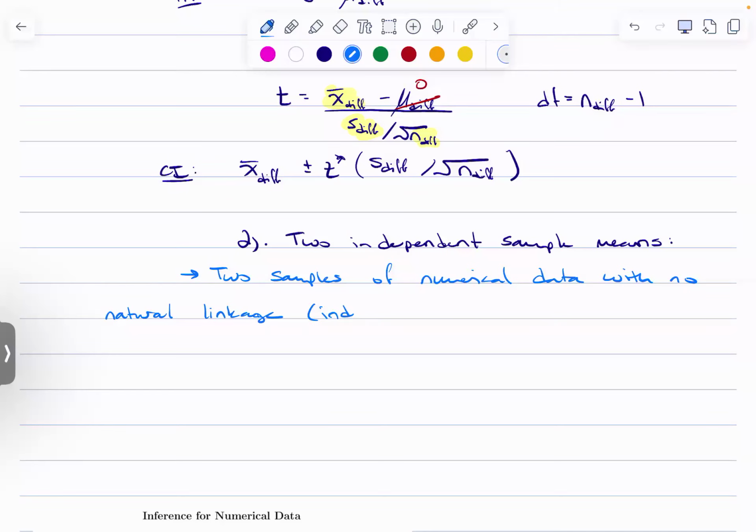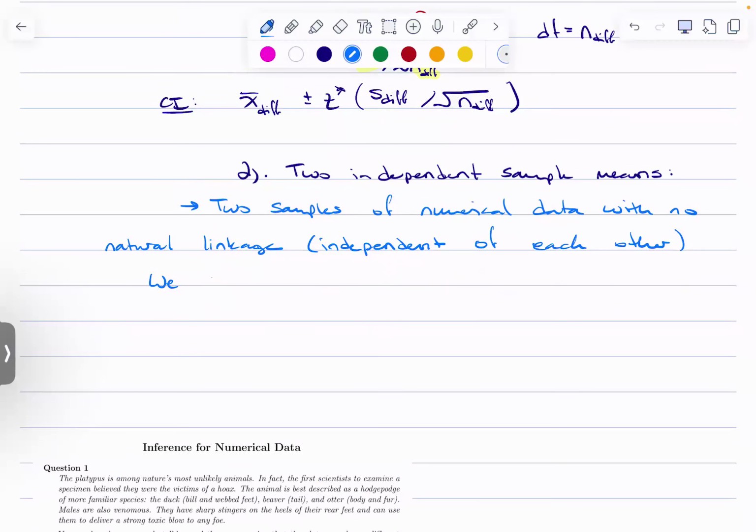They're independent of each other. And we want to compare those two means. In our hypothesis test,